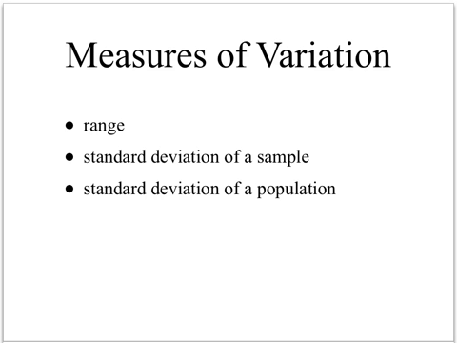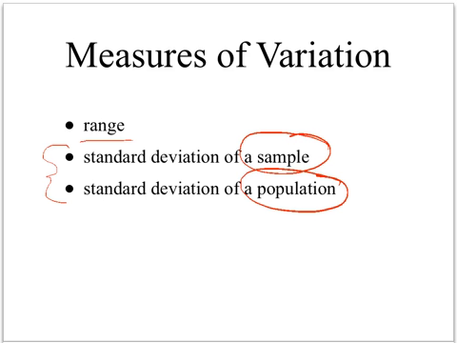In part 2 of this chapter, we study measures of variation, and the two main measures of variation we study are the range and the standard deviation. We differentiate between the standard deviation for a sample and for a population, just as we did for a mean. Remember, just to review,